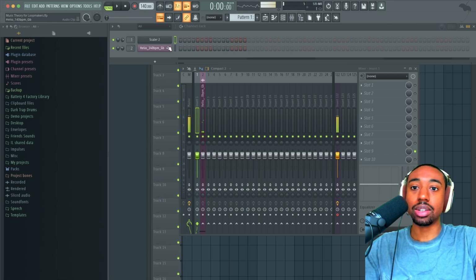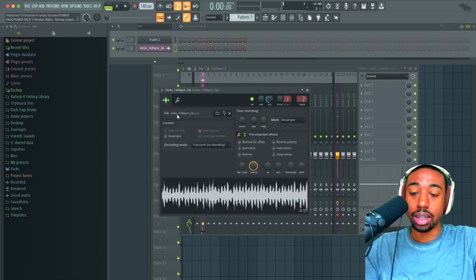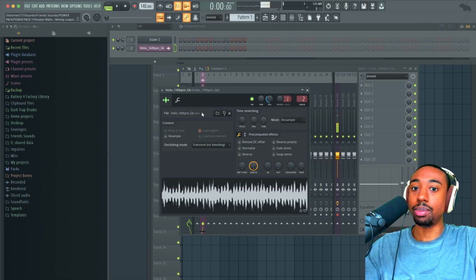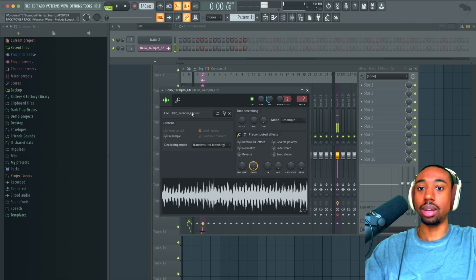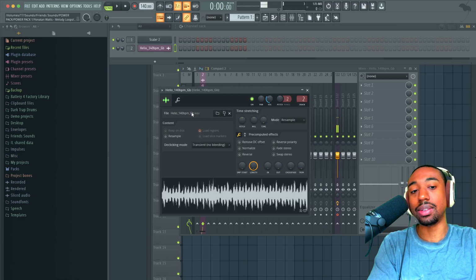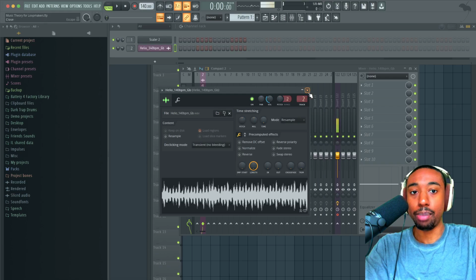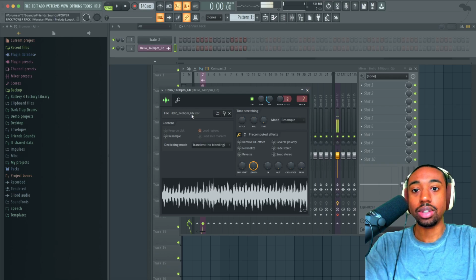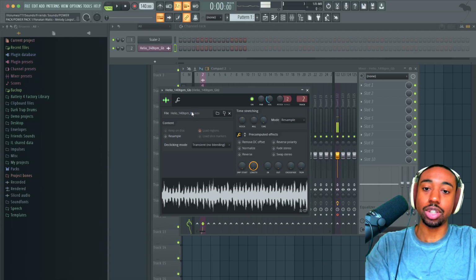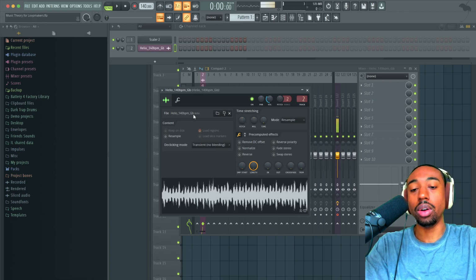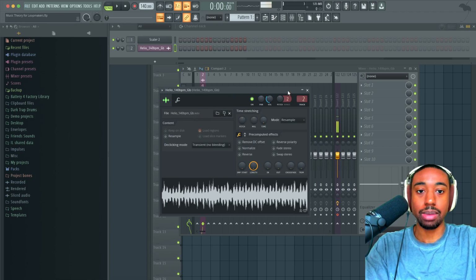The key thing is, if you look at this loop right here, it's labeled Helio 140 BPM GB. You're like, what does that B stand for? It's a flat symbol. So it stands for G flat major. Unless you see a little M after this, it means minor. So if it said GBM or GBMIN, it would stand for G flat minor. Whenever you don't see the M or the MIN, it means major.